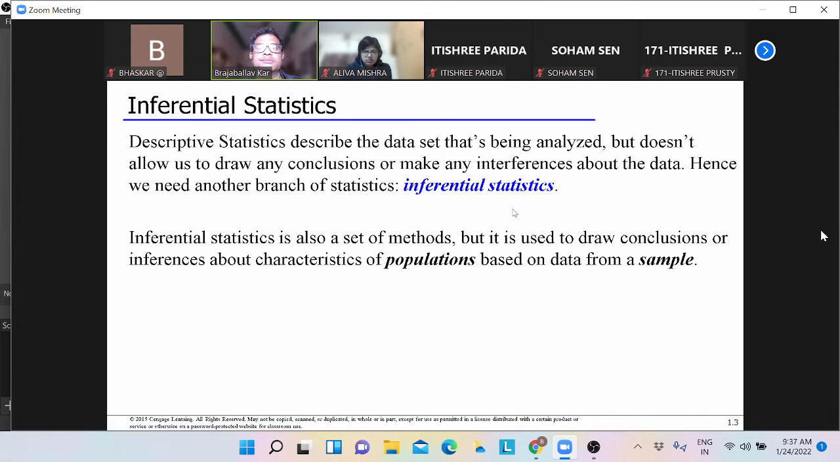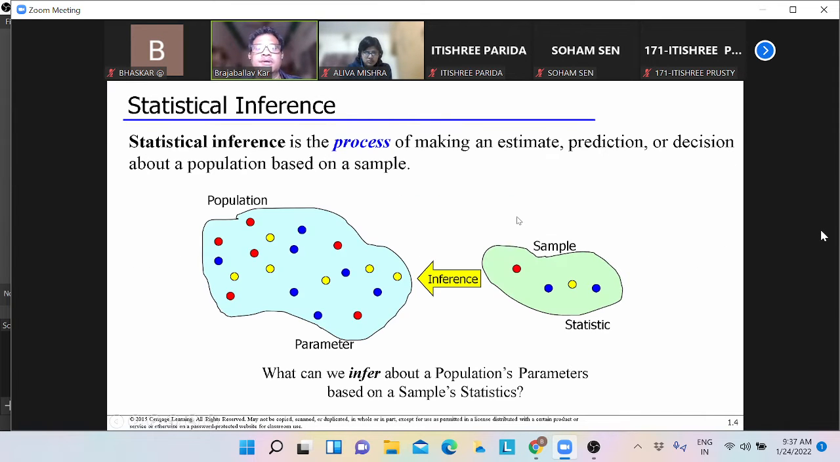So this is what we have discussed already. And what we do is from a sample we infer about